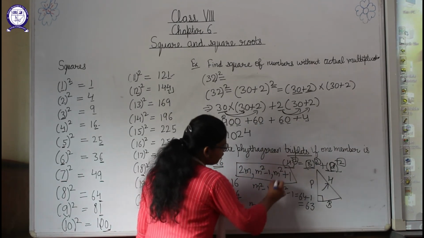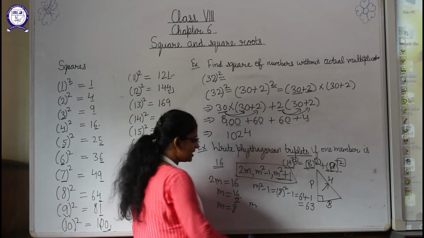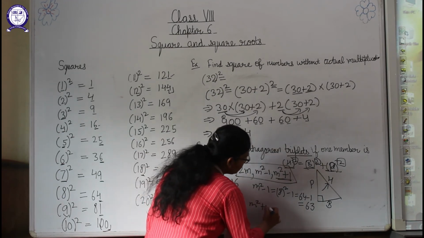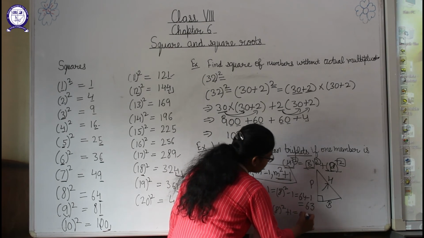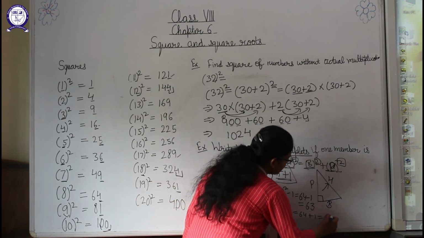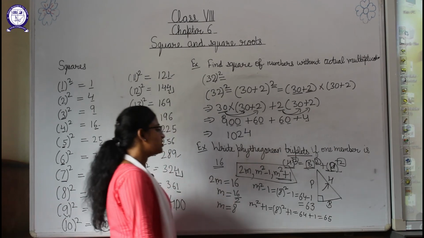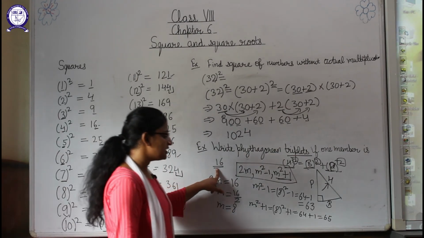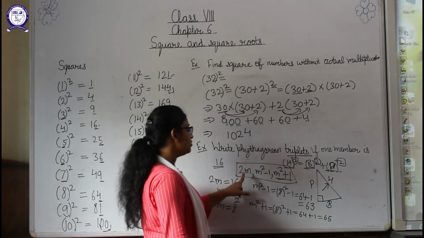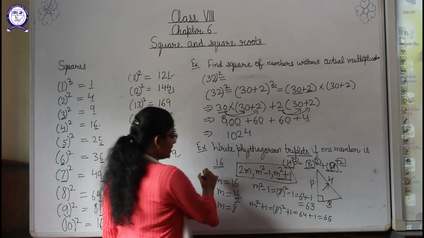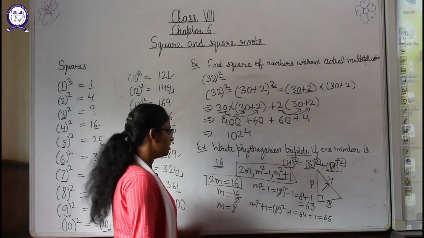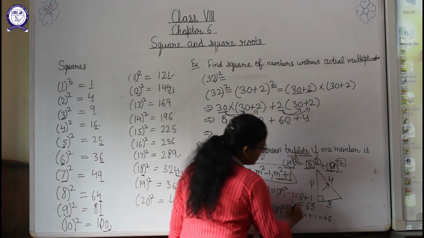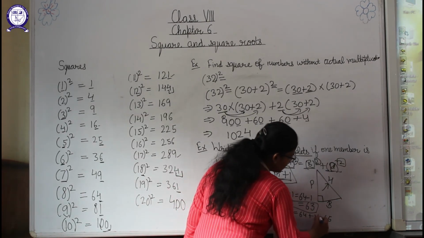Okay, now we will find m square plus 1, as next of the triplet is m square plus 1. It means 8 square plus 1, and what will be that? 64 plus 1, so we are getting 65. So students, what are Pythagorean triplets? 16 is given to us already. Now this 2m was 16. Okay, so this was one of the triplet as it was given before. Now we find these two, these are 63 and 65.